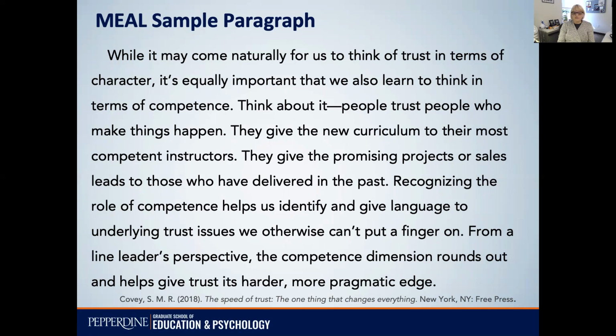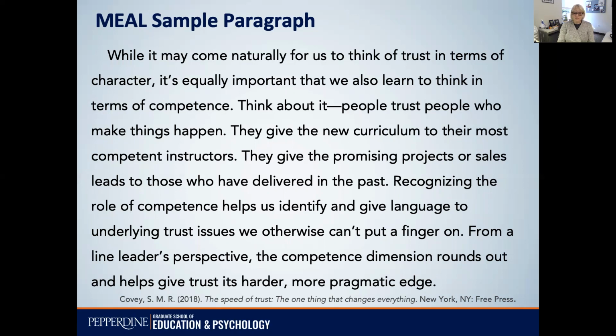They give the promising projects or sales leads to those who have delivered in the past. Recognizing the role of competence helps us identify and give language to underlying trust issues we can't otherwise put a finger on. From a line leader's perspective, the competence dimension rounds out and helps give trust its harder, more pragmatic